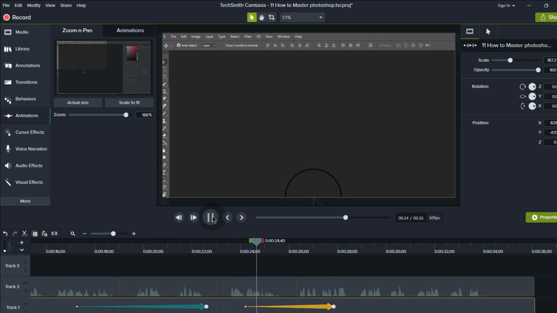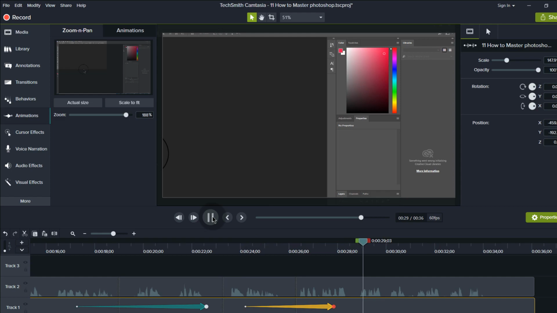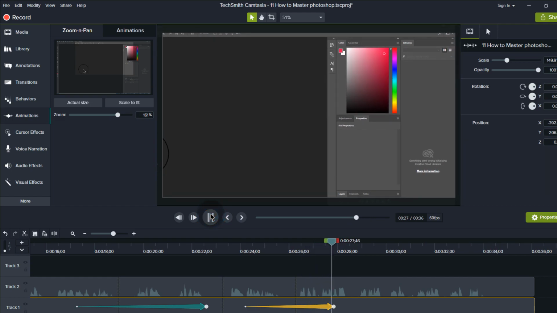In the end, you're going to master Photoshop. I hope this tip is helpful for you and will enable you to master Photoshop. So somewhere here, let's listen again. I hope this tip is helpful for you and will enable you